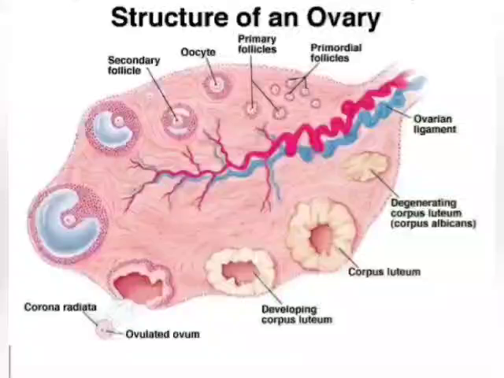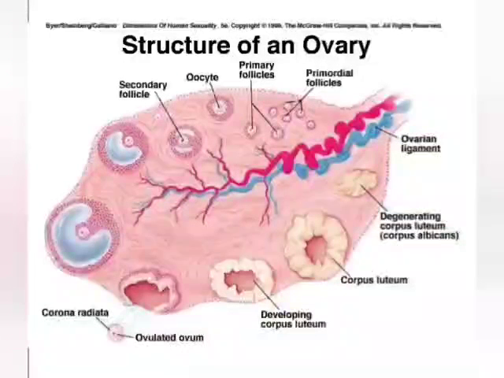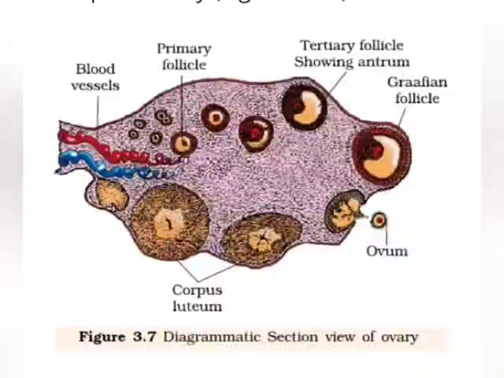So you can see in this diagram of the ovary all the developmental stages of oogenesis, starting from primordial follicles, which convert into primary follicle. Primary follicle develops into primary oocyte, which will undergo growth forming secondary follicle, tertiary follicle, and then a big structure called Graafian follicle. This Graafian follicle will rupture and will produce the ovum during the ovulation process, and the empty case will convert into corpus luteum, which will produce the hormone progesterone.